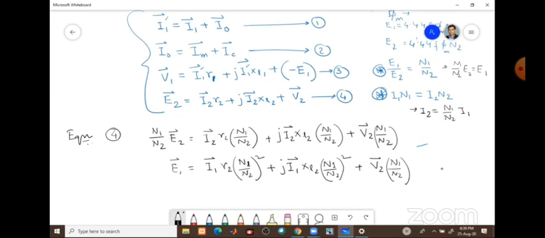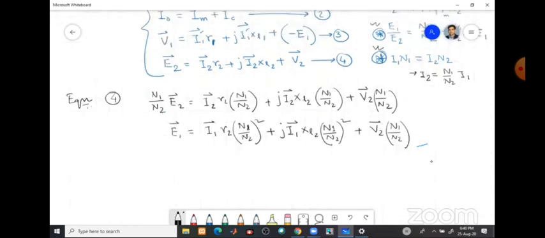Up to this, there is nothing more. What I have done, I have taken equation number 4. Then I have modified equation number 4 with the identities we already have from the previous discussion on transformers. Those are very simple equations, the voltage ratio equation, E1 by E2 equals N1 by N2, and I1 N1 equals I2 N2. Okay. Now, if we have this, can you tell me one more thing.